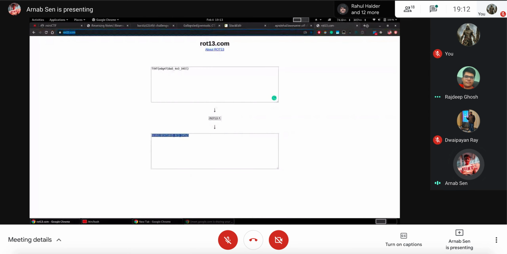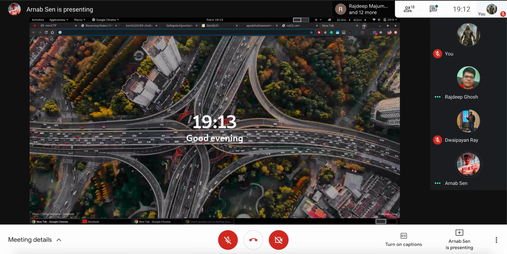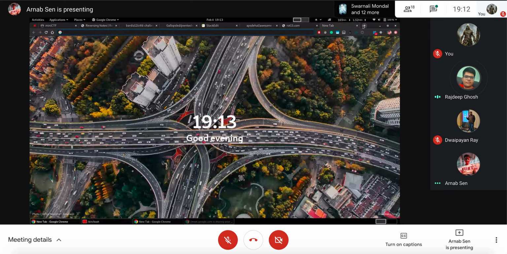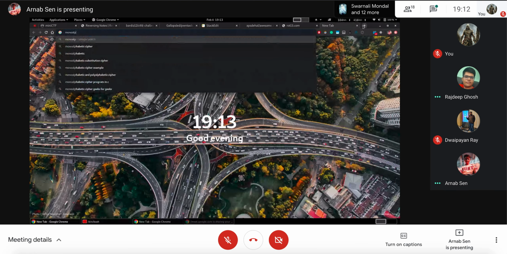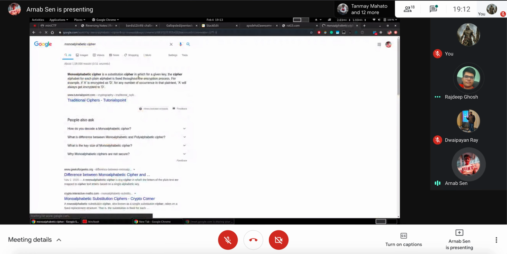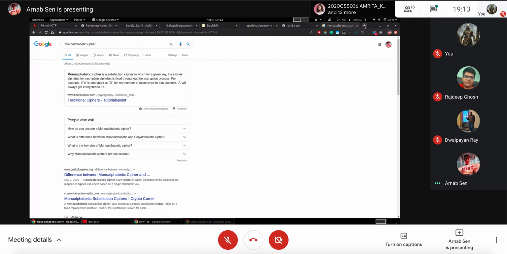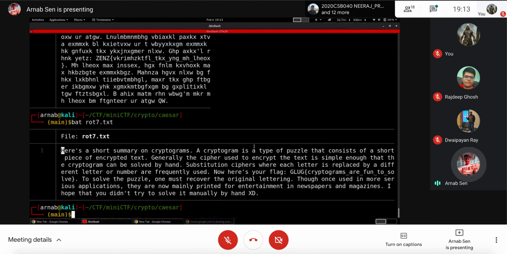So if you look at something like, I don't remember, there was another website. Alphabetic cipher. So basically, these ciphers are like that: for every character set, like for A to Z, it will map to a particular character set as well. Like A will become, let's say X, B will become Y, and so on. This is monoalphabetic substitution cipher, monoalphabetic cipher.